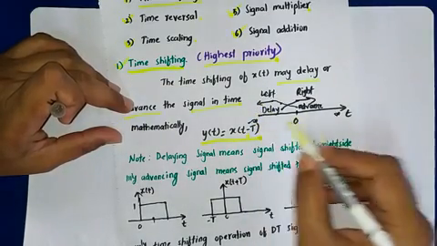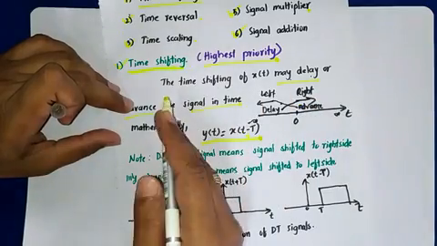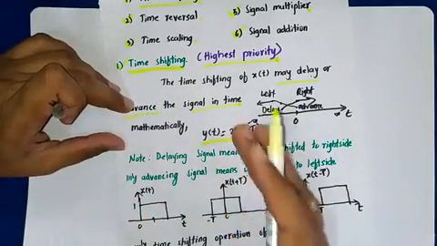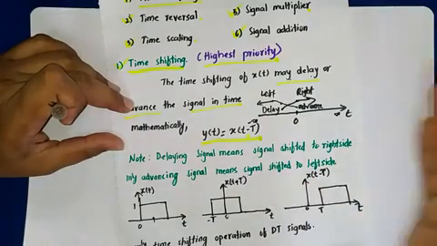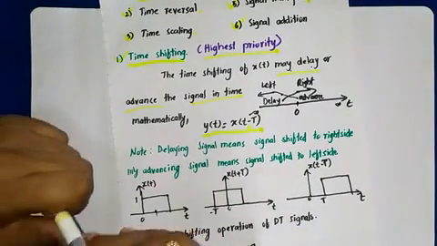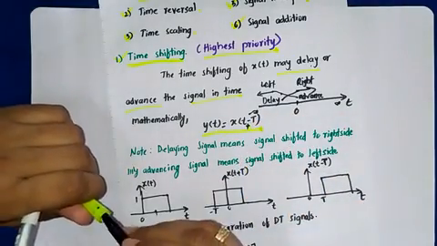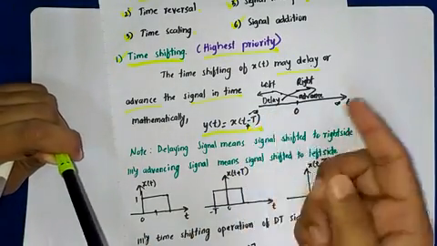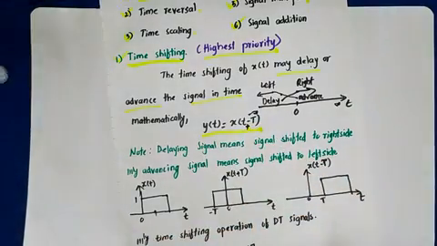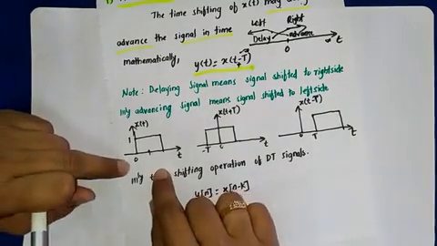Okay, so from minus infinity to infinity is the time variation, and if you advance, that means you are moving towards the negative side, negative values of the t, and you are delaying means you are increasing the delay here, so moving towards the right side. Okay, so time shifting property, here both plus and minus will come. Okay, so whether you are going for delaying or advancing depends on that. Your minus and plus will come here, so y of t will be the represented shifted signal. Okay, so this you will understand more with the graphical representation, as you could see here.